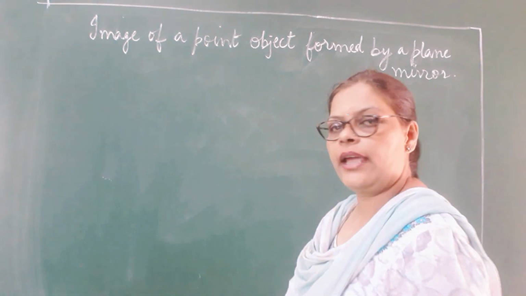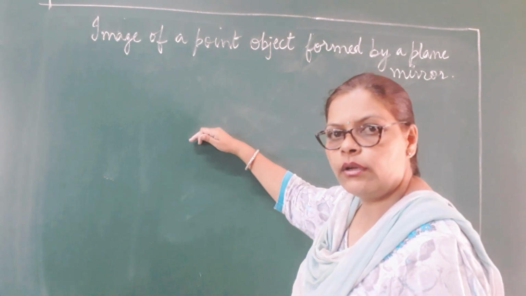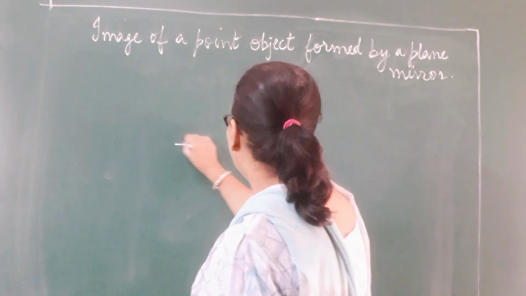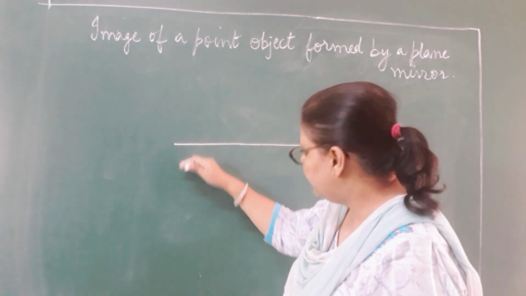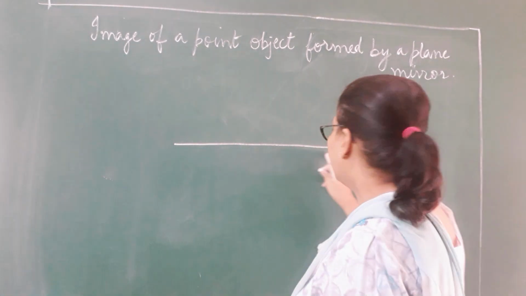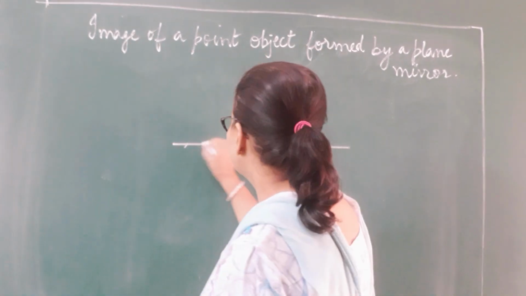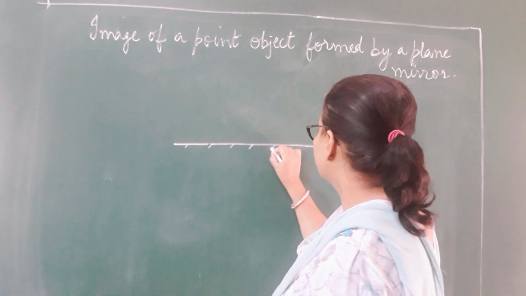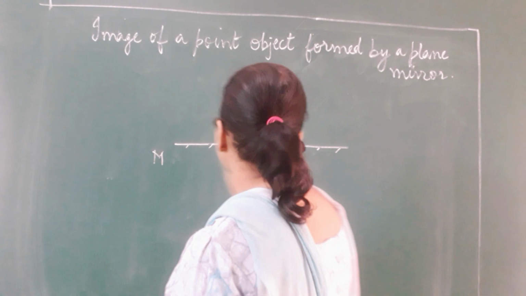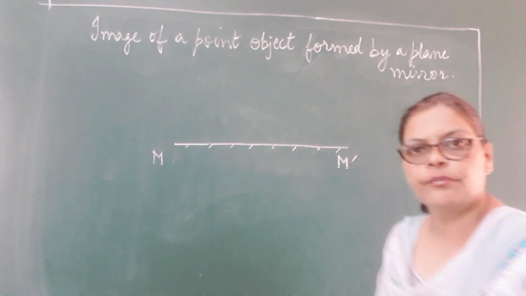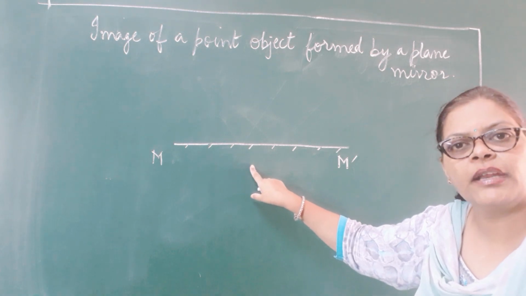The first step in this diagram is you will count 5 lines up in your notebook, leave 5 lines down and draw a line in the center. This line represents the plane mirror. I will polish it. You can see, children, I am polishing this mirror from one side, and I name this mirror as M dash. Clear? So this is a representation of a polished plane mirror.